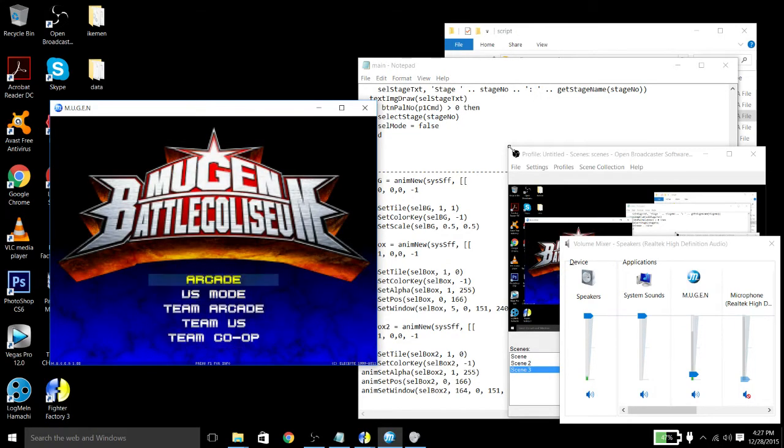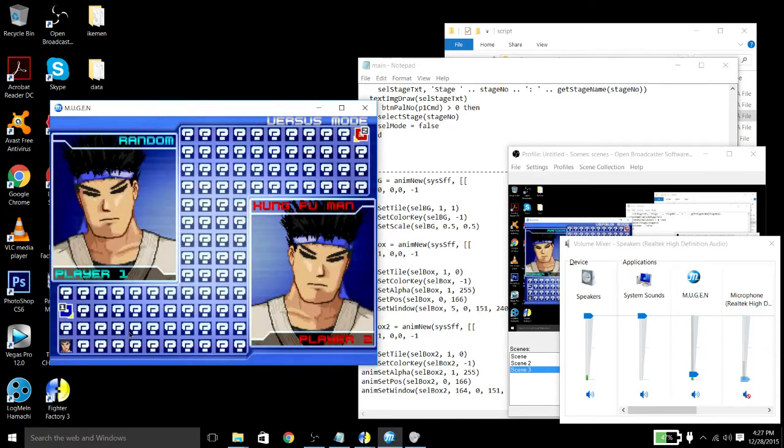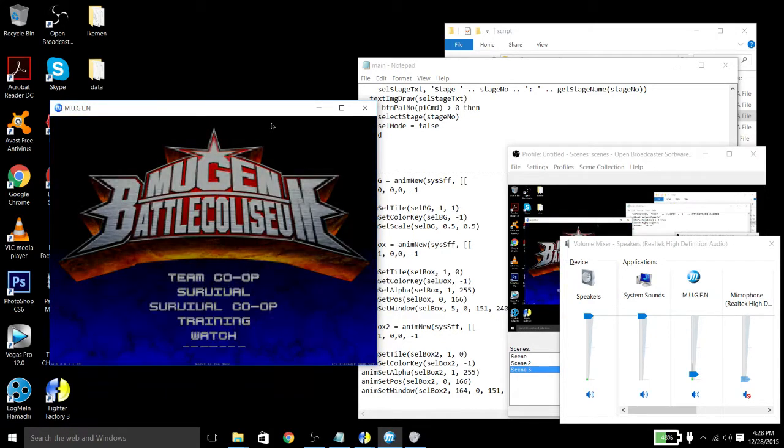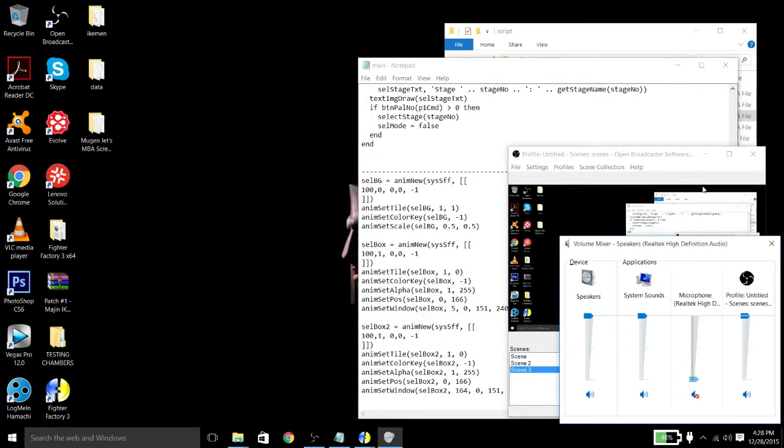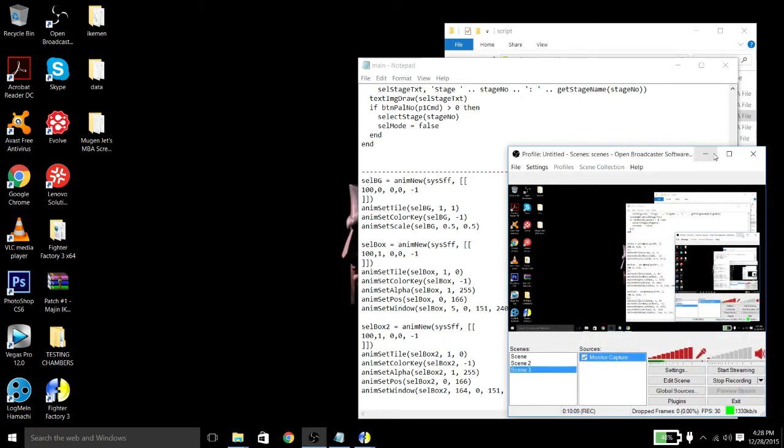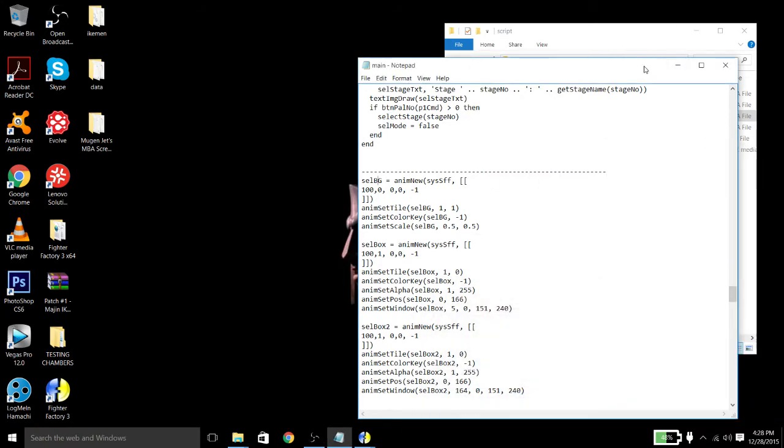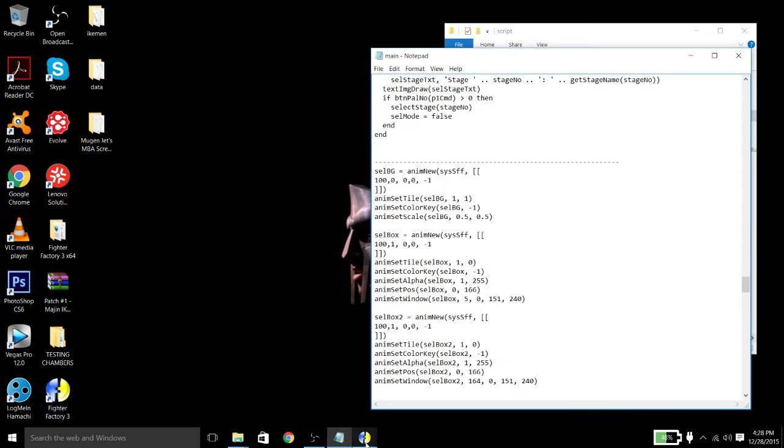Alright, so this is pretty basic. It's just Mugen Coliseum, a little blue background, and you've got the text here. Let's look at the menu. Oh, this is fairly simple. Alright, we can do this. So you get a good look at that. It's also good to have it side by side and whatnot. So let's do that. Okay, so obviously that background,